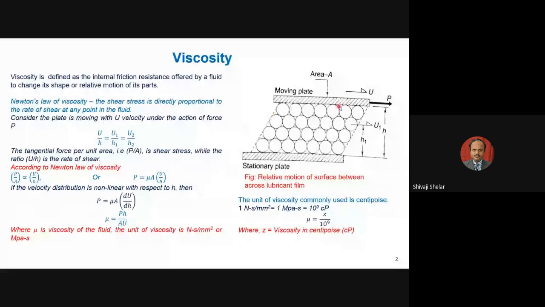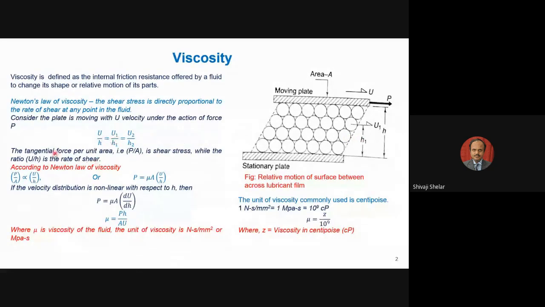The position of this molecule after time t, u upon h, this velocity upon h ratio, the rate of deformation, has to be the same everywhere. So if I take a point 1 here, then u1 by h1, and if I take another point, u2 by h2 will be constant,